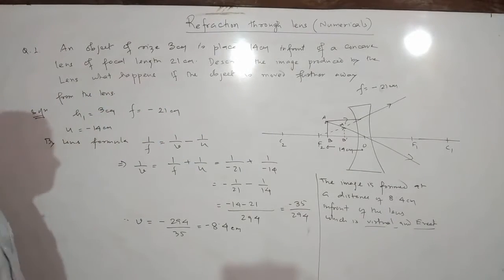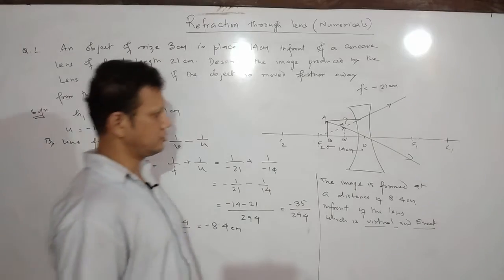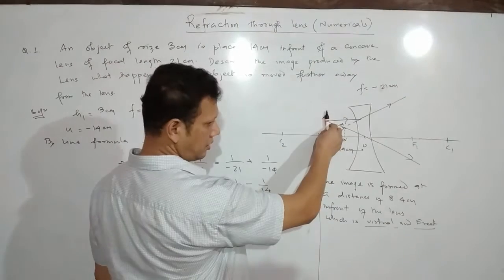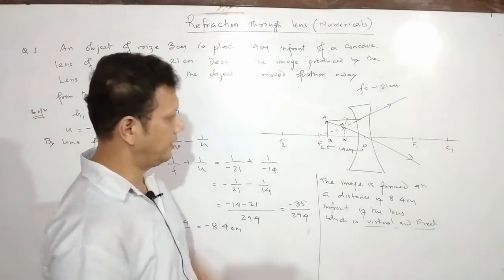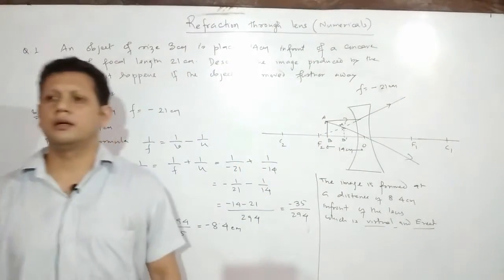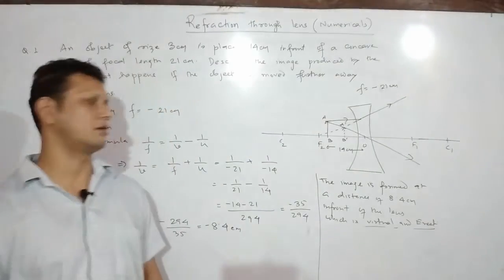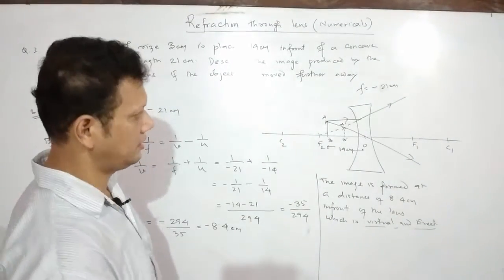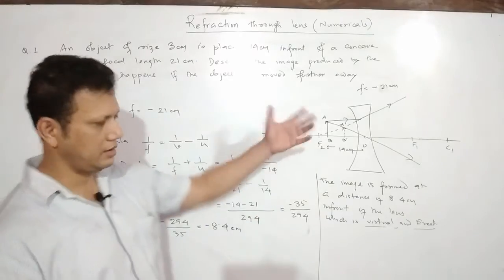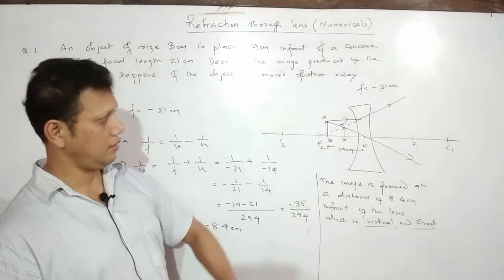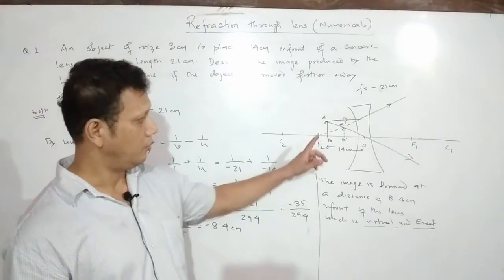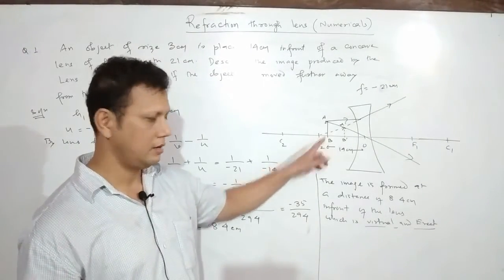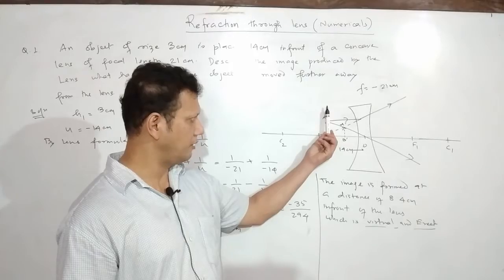Now the next question is: what happens if the object is moved further away from the lens? If the object is gradually moved away from the lens, what will happen to the pattern of the image? Do you remember? This was actually a particular case given in the concave lens. Whenever you take the object away from the lens,